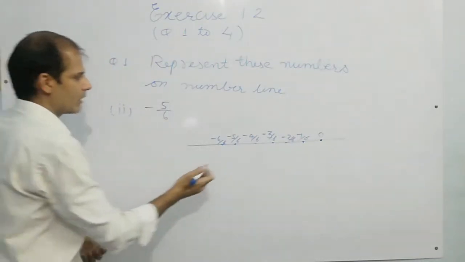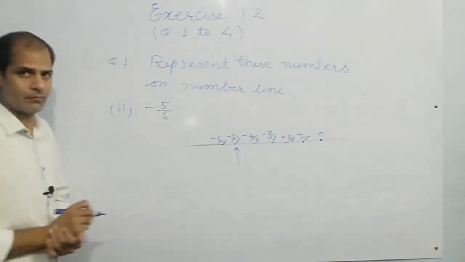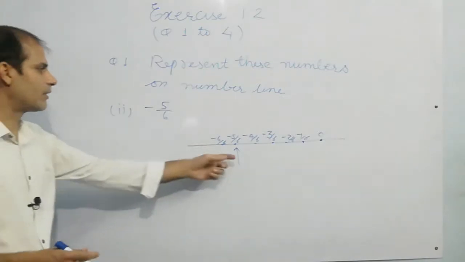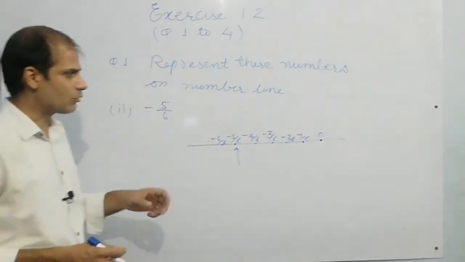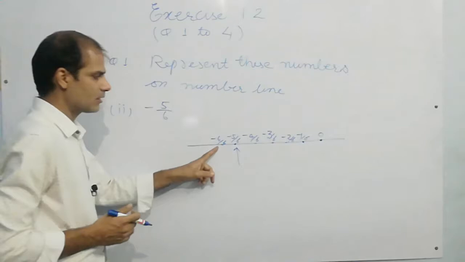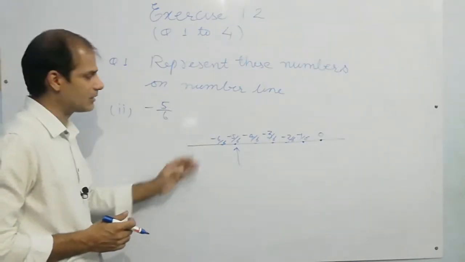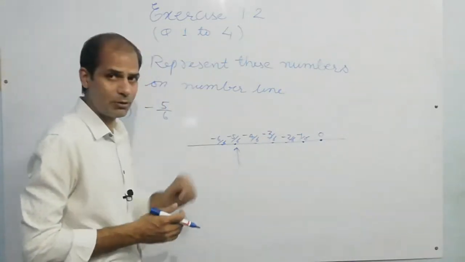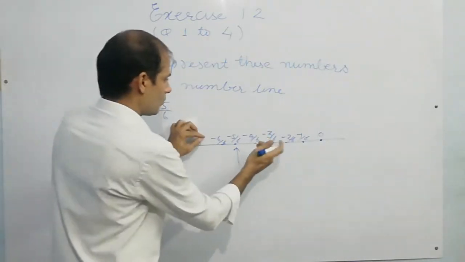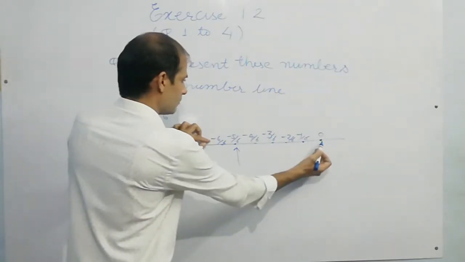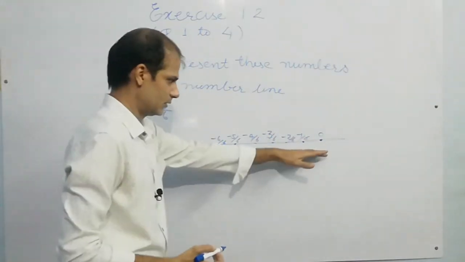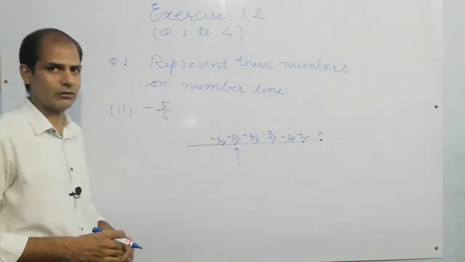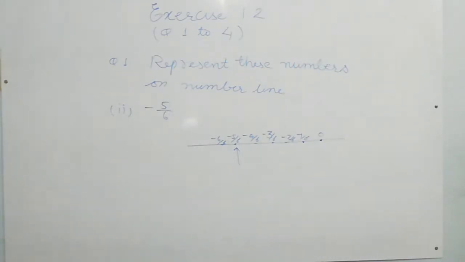Now the required number is this. Okay, show the number in a proper way on the number line. So -5 upon 6 is here on the number line. Again you can feel that this number is -1 because -6 upon 6 is -1, and this number is -half. It is 3 upon 6. It is -half. So the position of -half is just between 0 and -1. It means all the numbers are correct, and this is the number which is required. Okay, so pause the video and note it down.